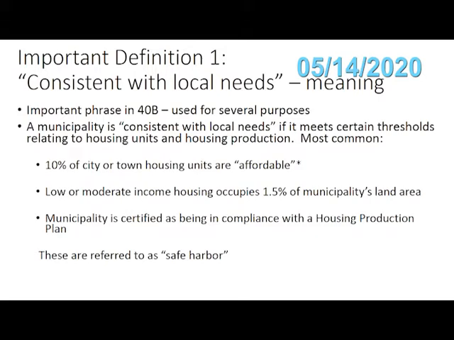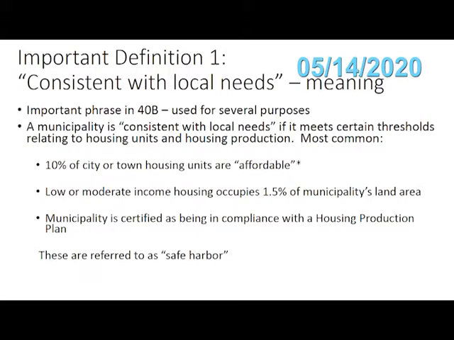We need to back up just for a second. When a developer receives a comprehensive permit decision from the Board of Appeals, it may appeal that decision to the Housing Appeals Committee, which is a state administrative agency that is intended for and designed for the approval of comprehensive permit projects. The Housing Appeals Committee has shown no love for cities and towns in the Commonwealth over the past 45 years. That's a fact, that's not an opinion, and it's very important that the Board of Appeals feel